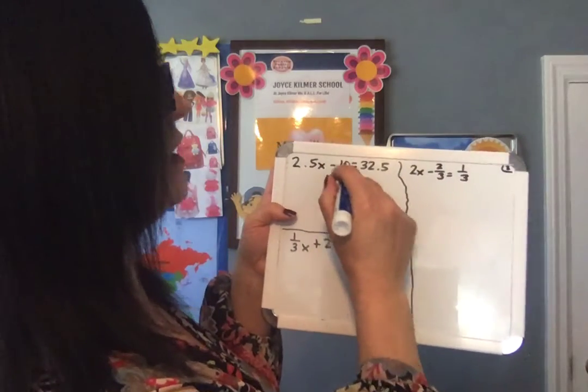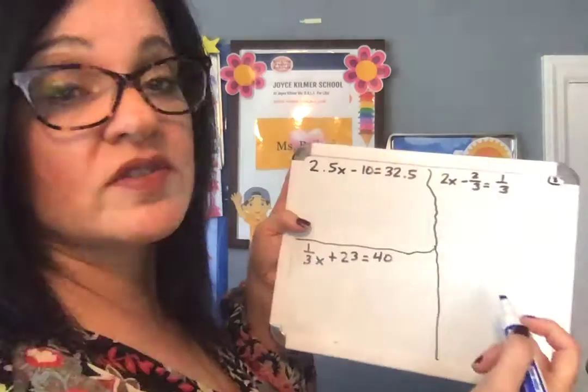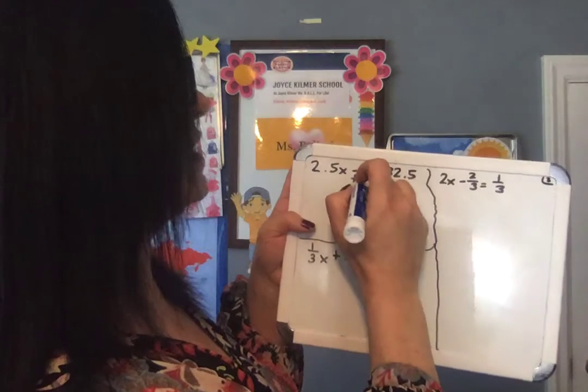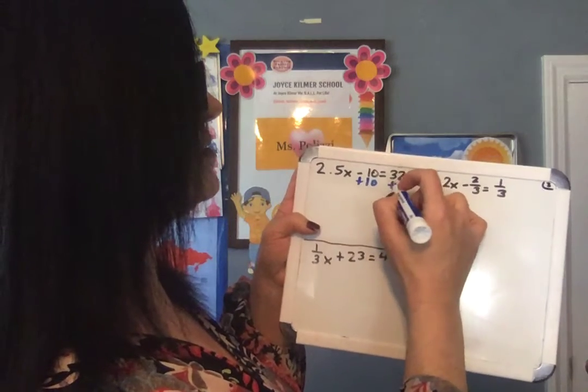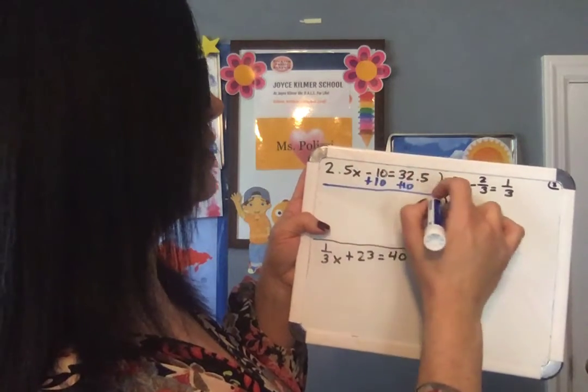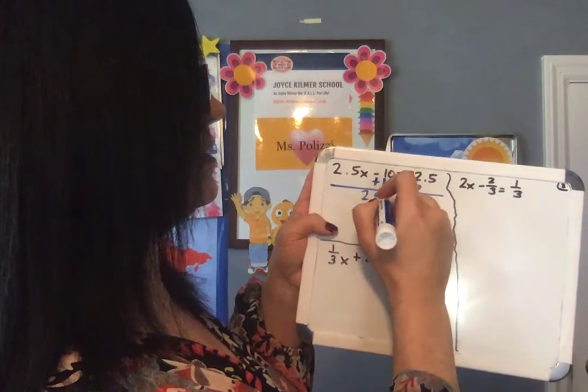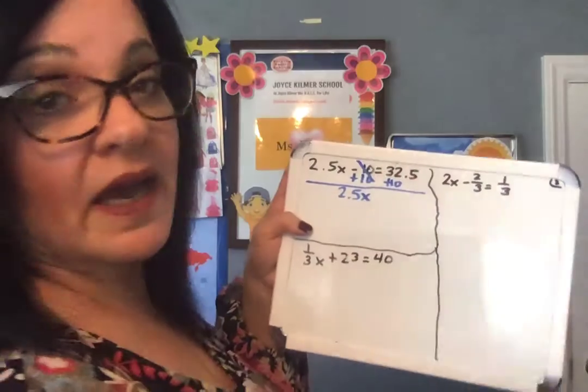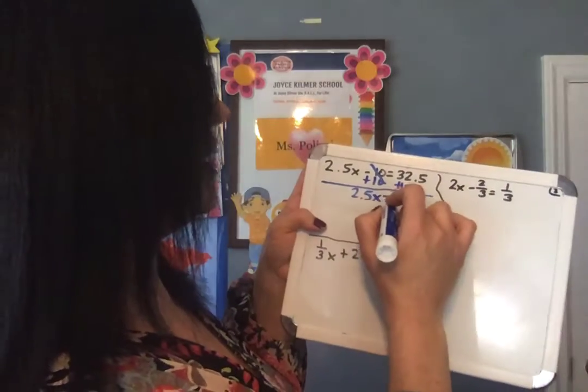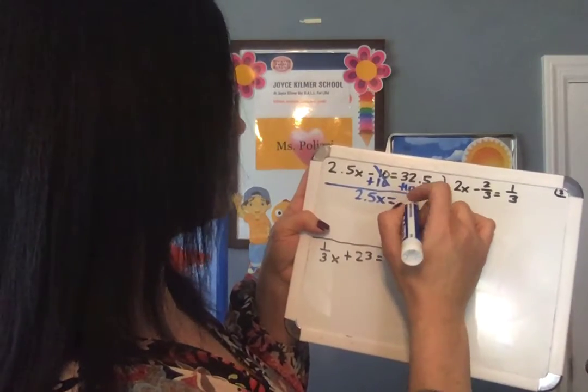2.5x minus 10 equals 32.5. The first thing that I would do is I would add 10 to both sides. All right, draw your line. 2.5x, bring it down because there's nothing underneath. Cross out your 10s. And then 32.5 plus 10 is